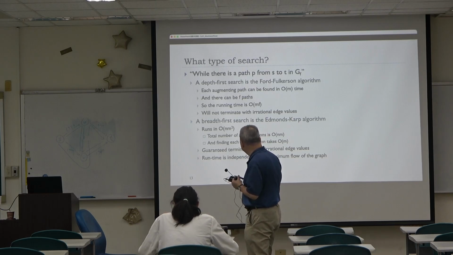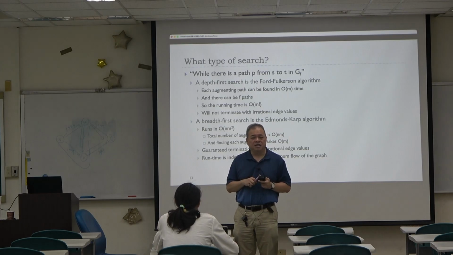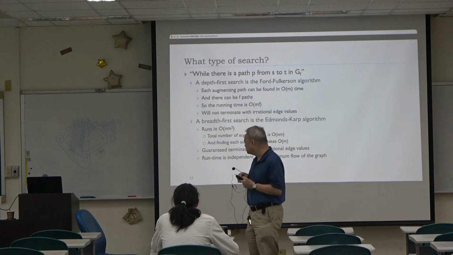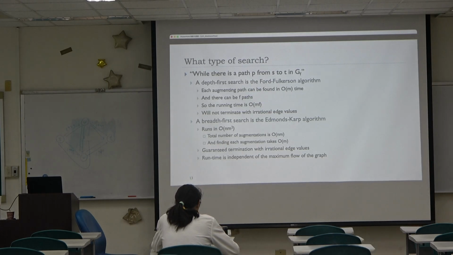Rational. So it should be not rational. Like what's quotient, right? Quotient. And if a capacity can be represented by P divided by Q, okay, that's fine. Because we can multiply some number to make it integer, right? Okay, so that's fine. But if it's a rational number but it's not a quotient,